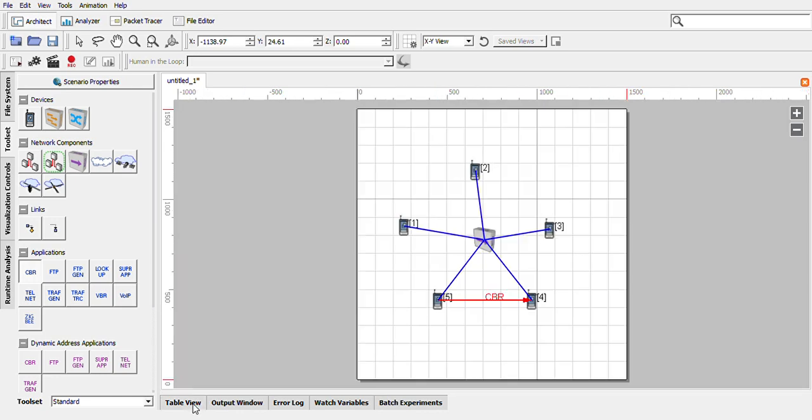Okay, then click on the table view again, so that you will go back to the same image. Right click on this application, then click on the properties option. Okay, in here a few of the important configurations that you have to do is item to send. By default it will be set to 100 bytes, so don't want 100, set it to 0. Remember, 0 means if you want to send an infinite number of packets or bytes, then you have to set this to value 0. For almost all the experiments, this value will be 0. Okay, and don't worry about the size of the packet.